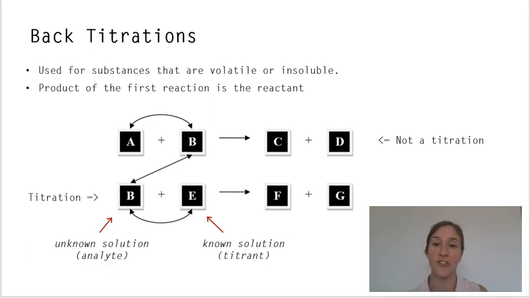The other sort of titration that we have to know is called a back titration. And again, this can be used for a reactant that is volatile or insoluble. So here we react A with B, and we need excess B. We take any B that is left over, so that hasn't reacted with A, and we use that for our titration in our second step. Again, this first step here is not a titration, it can be done just in a beaker. It's the second step here that is the titration that allows us to work back and calculate the number of